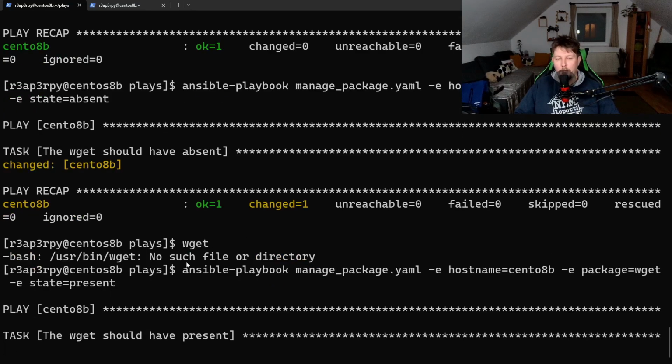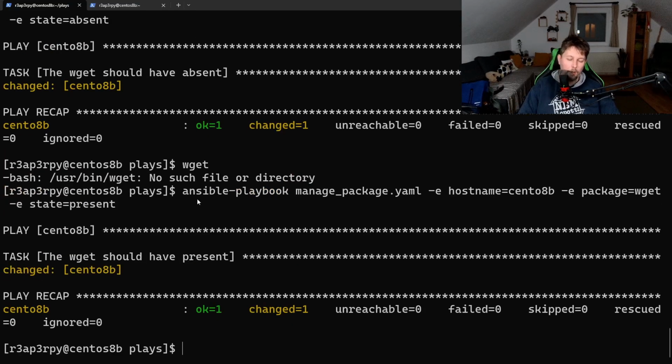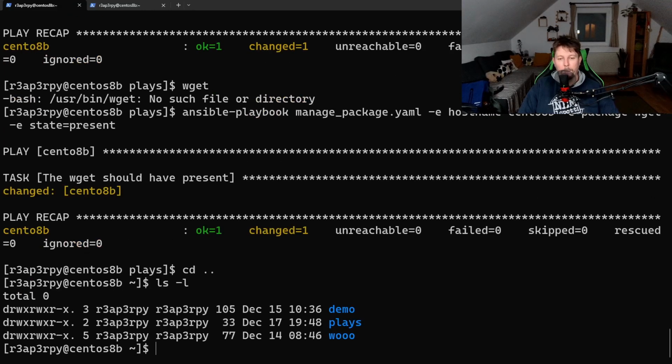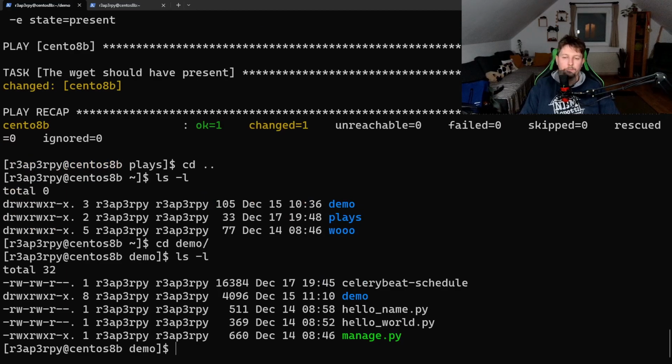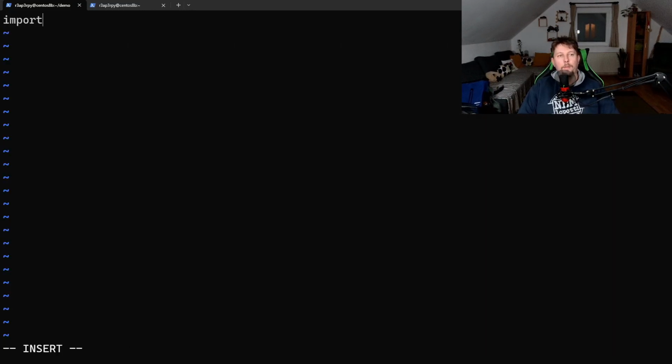Alright, so from here on we have to go ahead and create our Python script. How do we do that? Ansible should be able to help us. Now we navigate to the demo, and here we create the manage_package.py, and we import the argparse module and the sys module, and the parser should be argparse ArgumentParser,